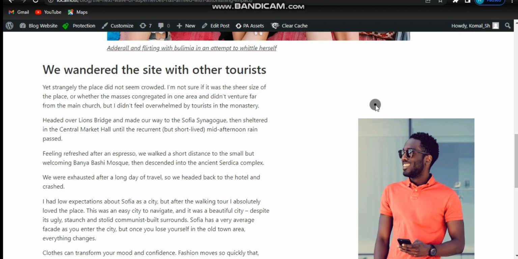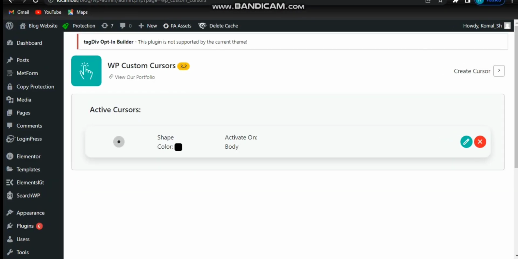And just like that, your website has a fresh new look. Visitors will be pleasantly surprised by this subtle yet impactful detail. It's the little things that make a big difference in web design. And if you want to create your own cursor, click here,